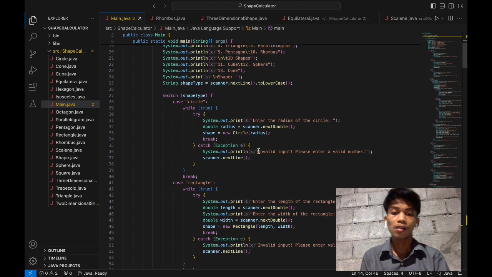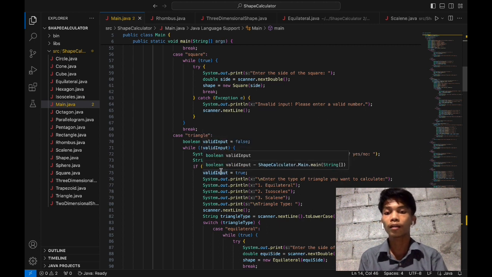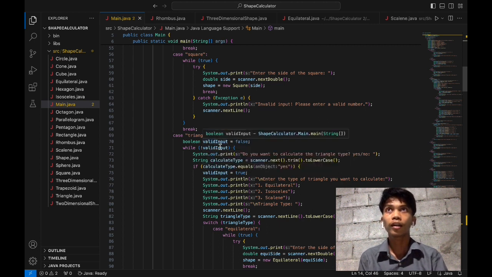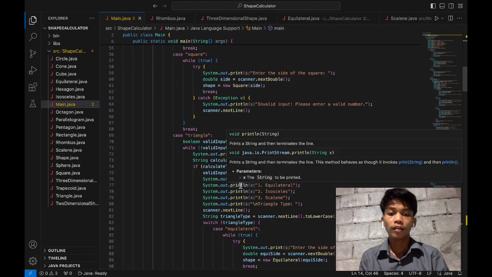For triangle, we have an additional step to determine the different triangle type. The different triangle types are isosceles, scalene, and equilateral.